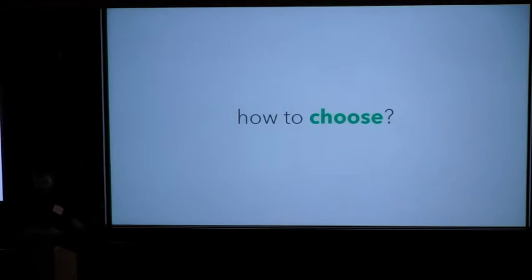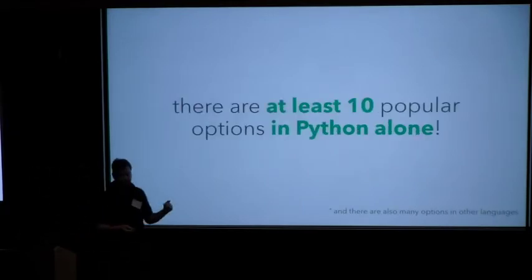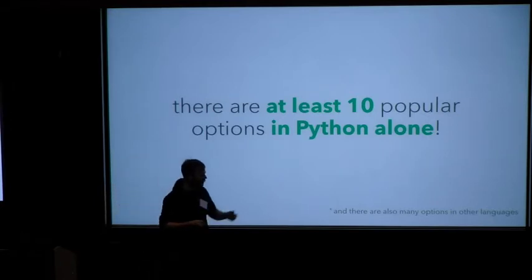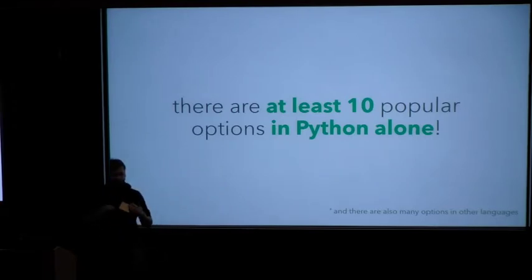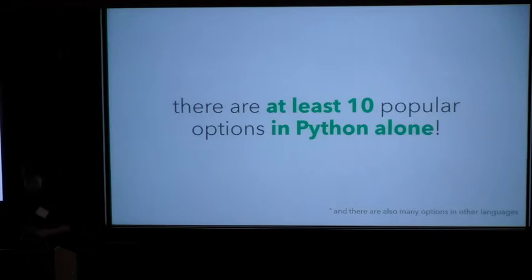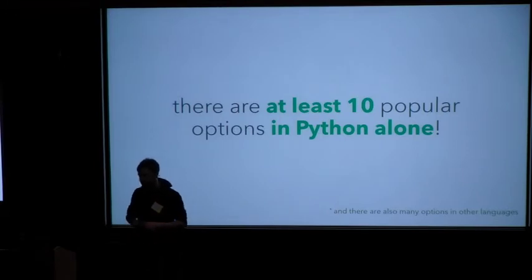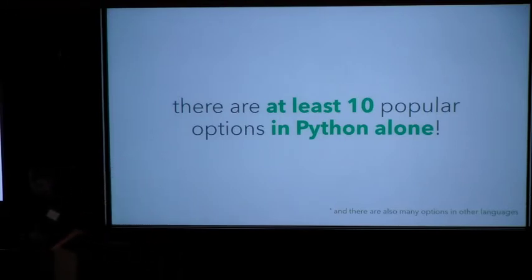Okay, but I've been talking about TensorFlow, but in Python alone, there are at least 10 different libraries that implement this kind of thing. And then also in other languages, if you use C or Fortran or C++ or Julia or whatever, there's a whole set of different options. There seemed like there was lots of interest in Python in this room, and I mostly know about Python, so I'll just mention that here, but I'm happy to chat offline about other options if you're using a different language. And Rodrigo Luger at the back knows a lot about the C++ options.